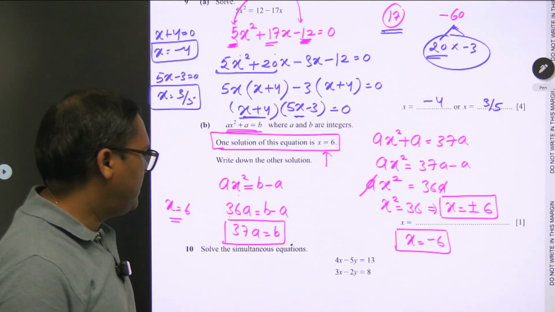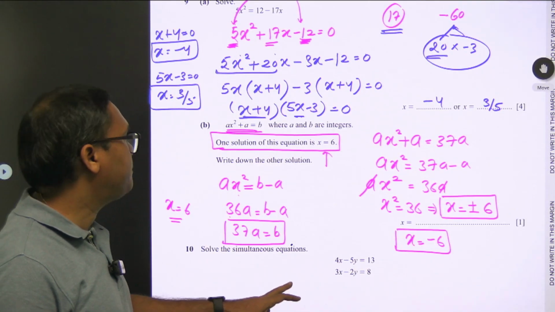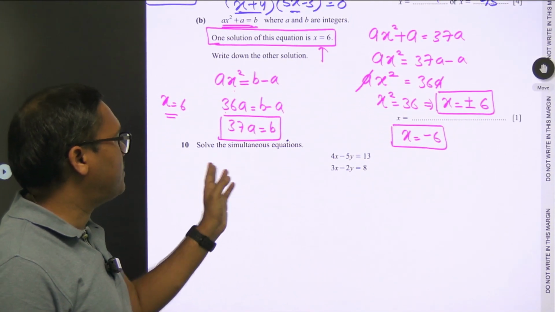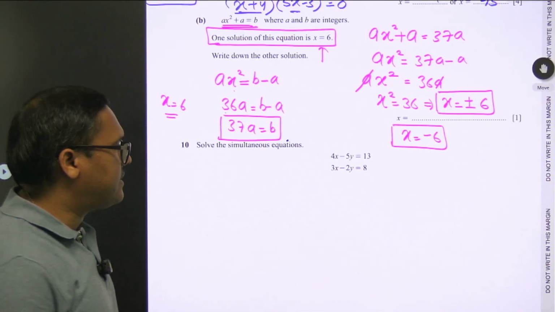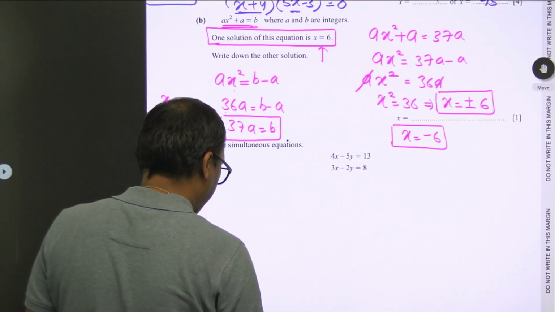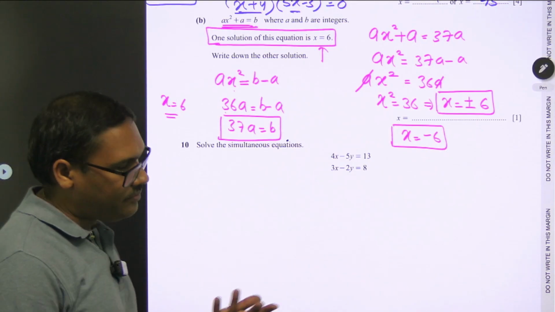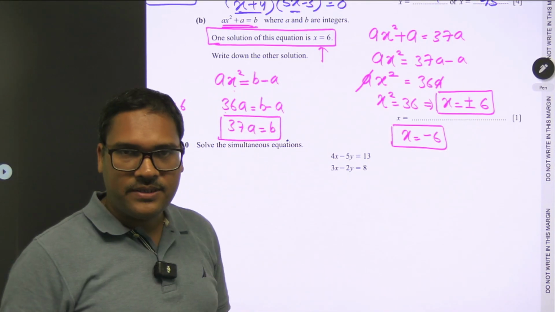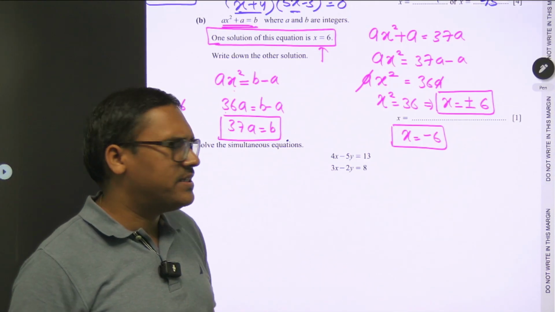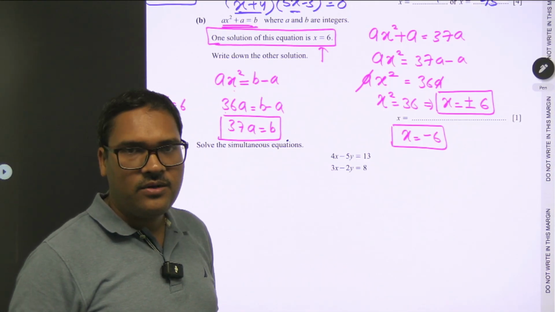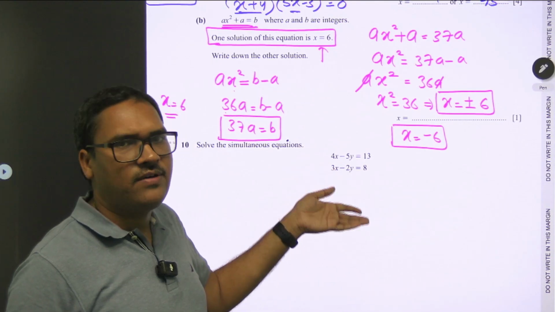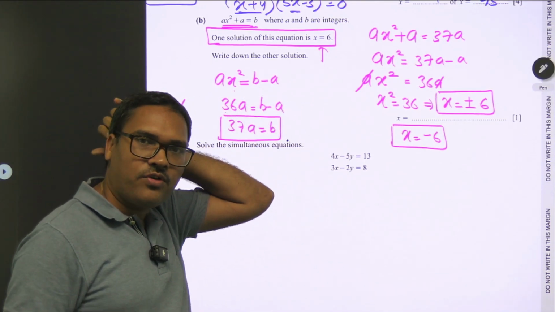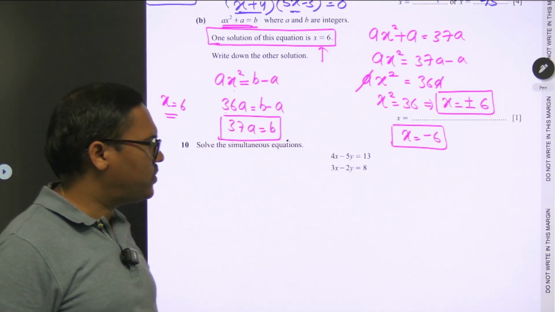So I hope this is also easy. You can easily solve this question. Now, the question on simultaneous equation. Again, a very standard question. To solve the simultaneous equation, either you can use the elimination method or you can use the substitution method. Now, for elimination, you make the coefficient same and add or subtract accordingly. Or if you want to use substitution, put the value from one equation into the other equation. Right? So let's use